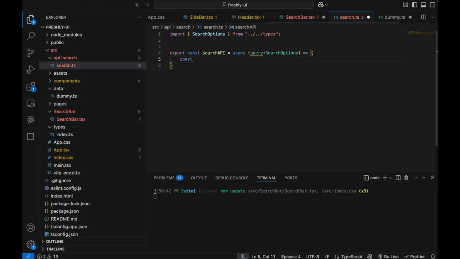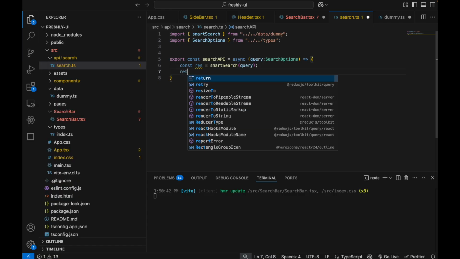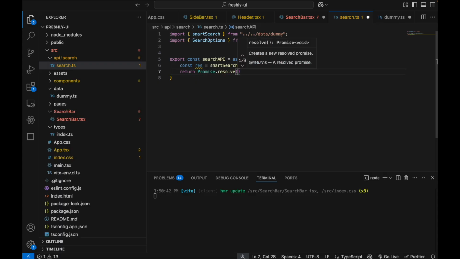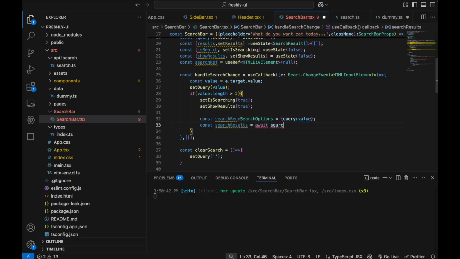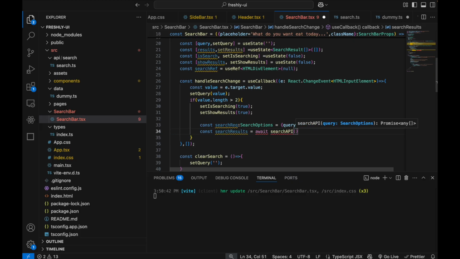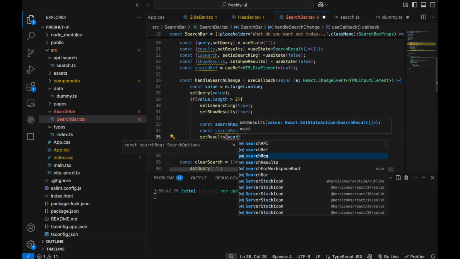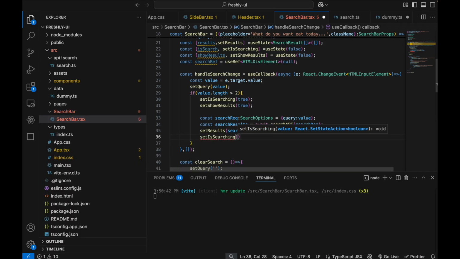So let's give it here constant response equal to smart search query. Okay, and here we'll return Promise.resolve response, and here we'll call await search API search request. Okay, once we get the search results, we will pass them to set results. Here we'll give it search results, set is searching